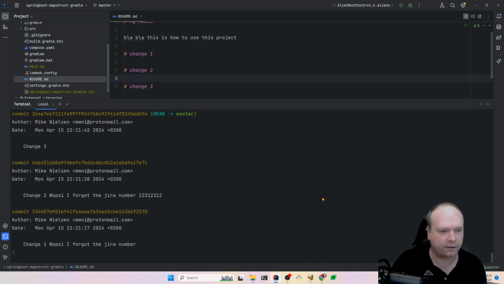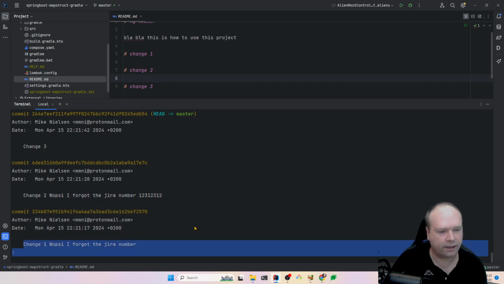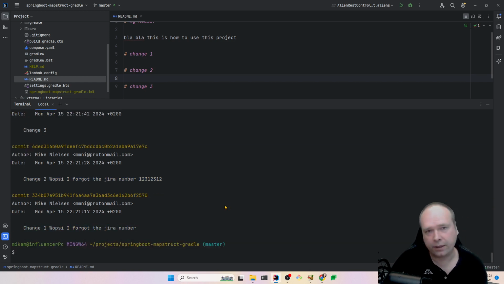So I'll just write git log. Then I can see this is change 3, change 2, change 1 right here. I want to change all of those. Then you can do something called a git rebase. So now you are actually changing the git code trail by itself. You can use the git rebase like this,